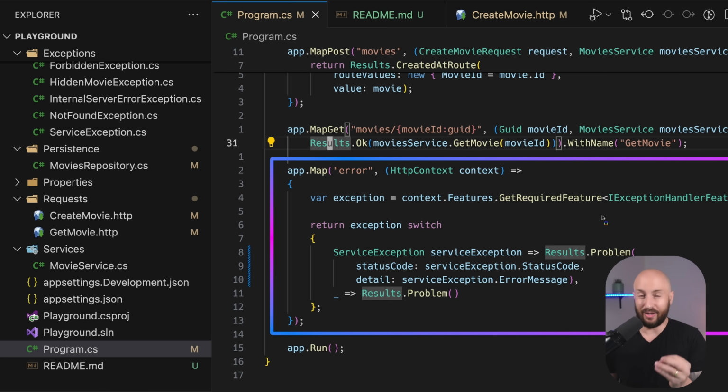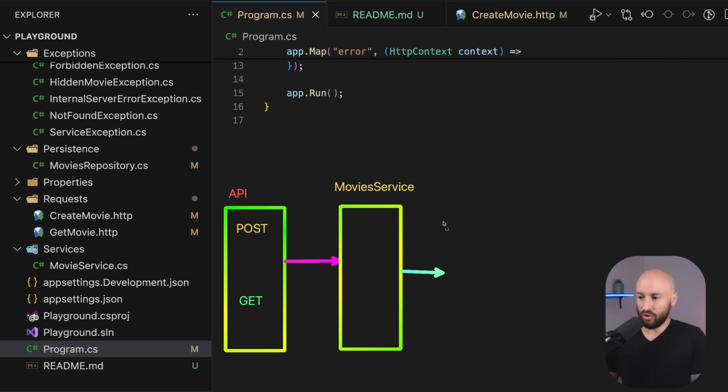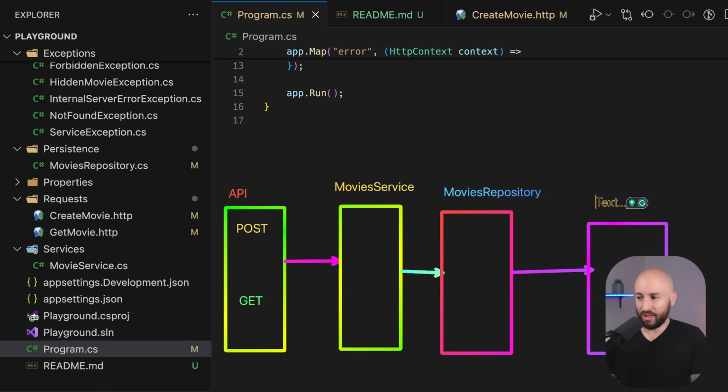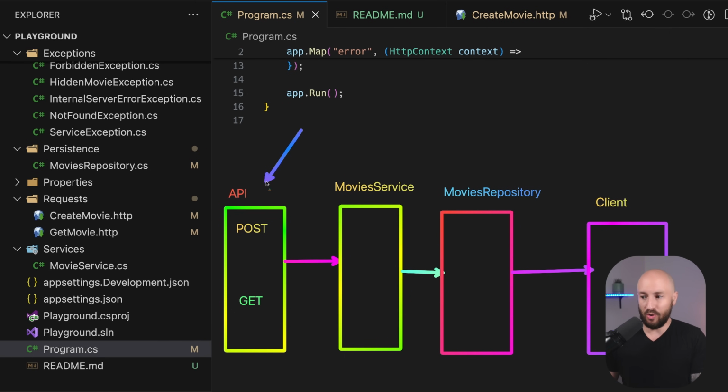Now, I'm about to show why the complexity is much, much higher using exceptions, but first you need to understand why they're saying that the complexity is lower. Specifically in our application, we have the API, and over here we have the post and the get endpoints. The API is using the movie service, which in turn is using the movies repository, which is using some client, a mock API client that uses an external service to store the underlying movies. Of course, the specifics of this implementation don't really matter. It's more about the idea where you have a component using another component, using another component, and each one of these components can go ahead and throw a specific exception.